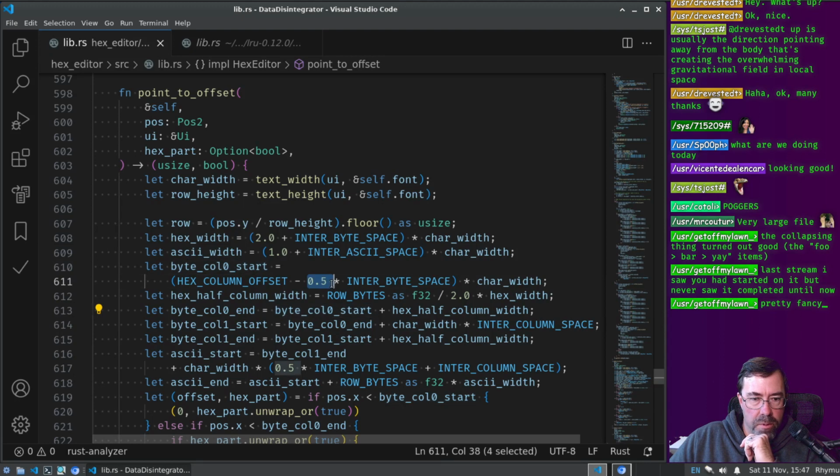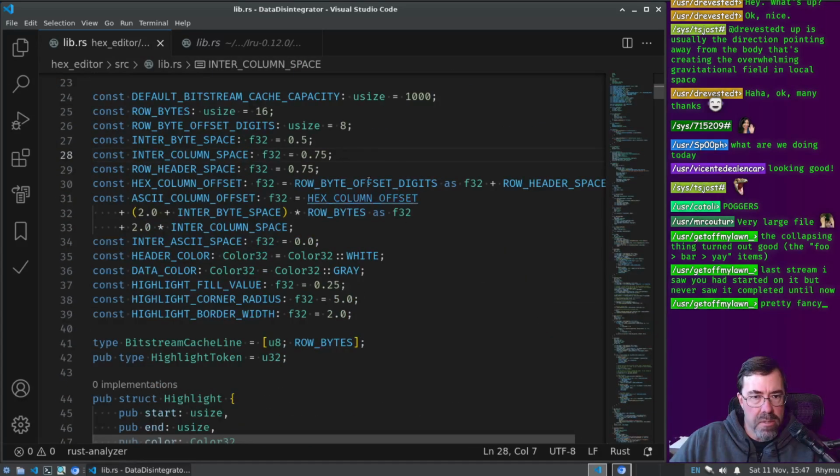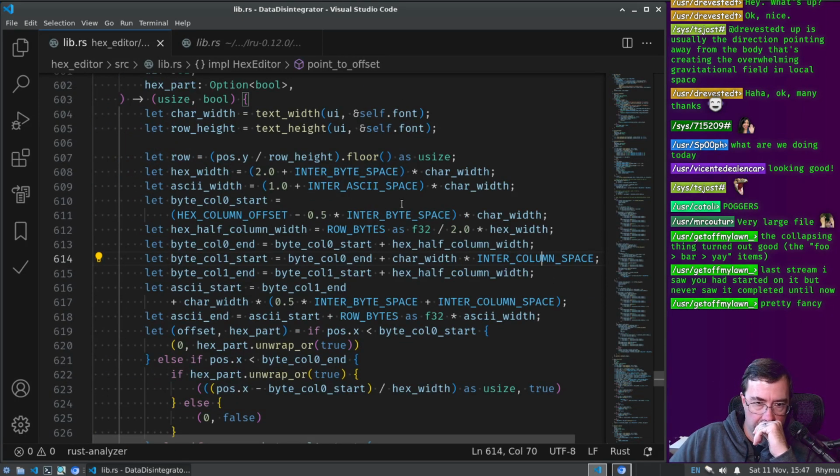Oh, and this 0.5, okay, I had that wrong. Sorry. It's a full intercolumn space. Intercolumn space is 3/4 of a space. Okay, I was wrong about that. I was completely wrong. So we already have a constant for intercolumn space. So this 0.5,